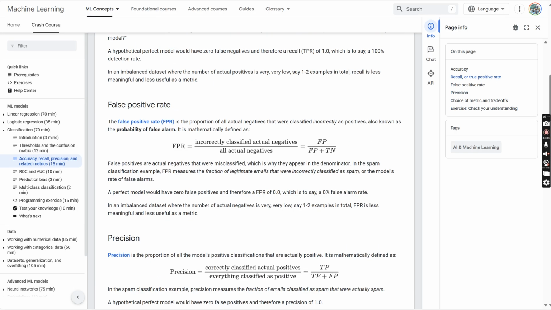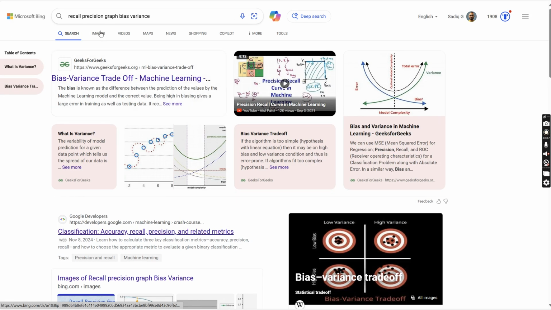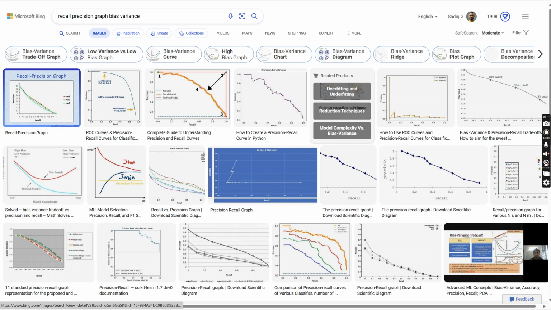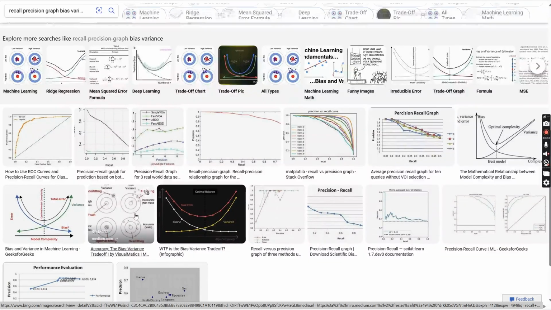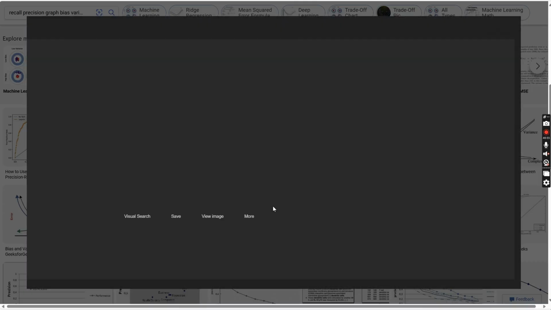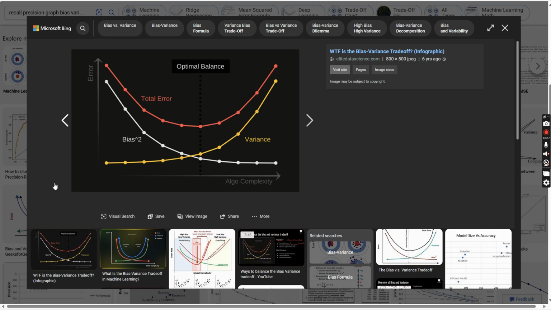Here also there is no graph. One second, there should be some image. This one. Okay,